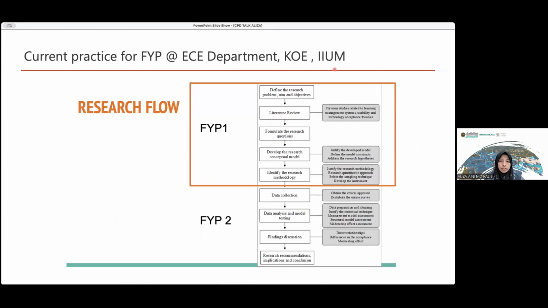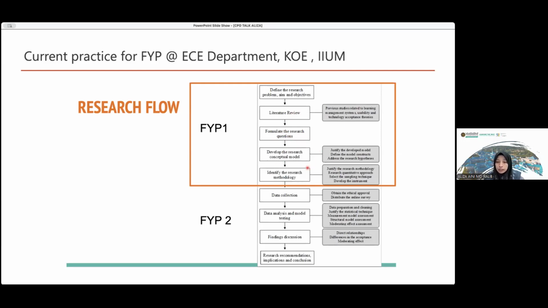Okay. So as I said before, this consists of FYP1 and FYP2. This is the generic practice for the science base. First they go through the literature review and formulate the research question, from why it happens like that: what, why, and how, the three W's.